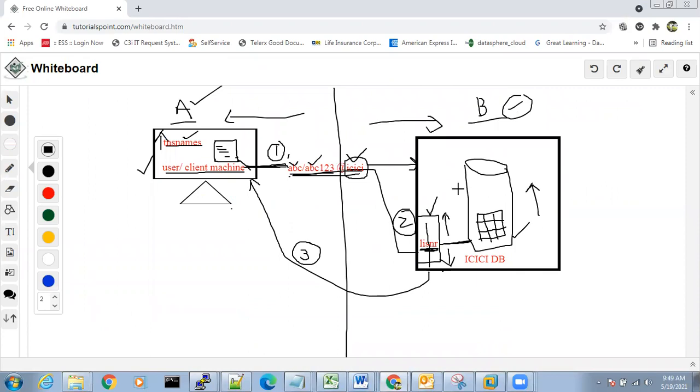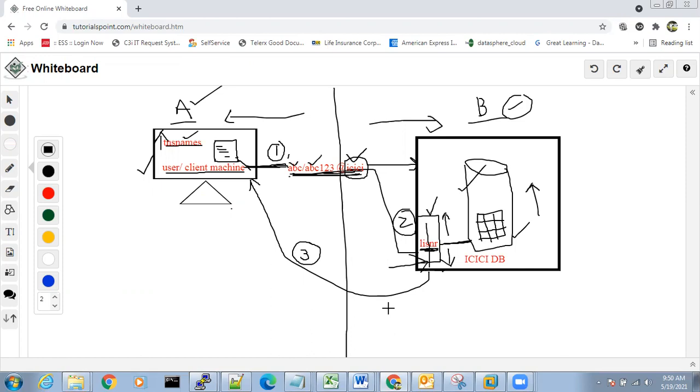Already this user is connected to the database and can do all the operations, no problem. No connections will be lost and no operations will be disconnected. Everything will be fine. Only for new incoming connections, there will be a problem. This is the interview question.